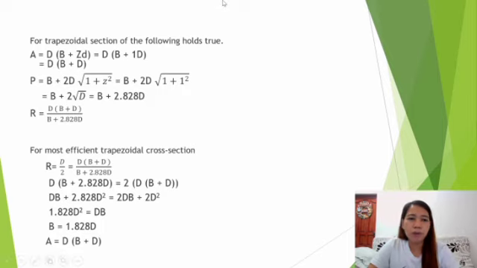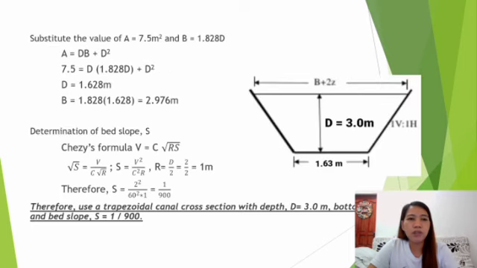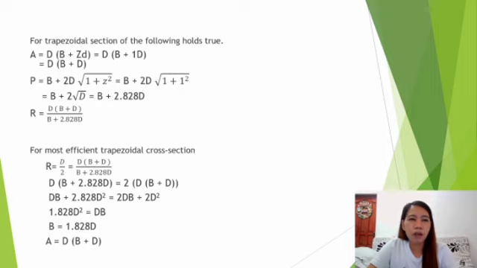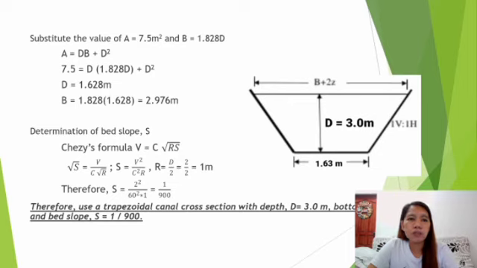For the most efficient trapezoidal section, R is equal to D over 2, which we just need to substitute so we would be able to get a value of D. There we have another equation to get the value of B. We just need to substitute from our equation for the trapezoidal section's cross-sectional area, until we get the value of D, which is 1.628 meters,